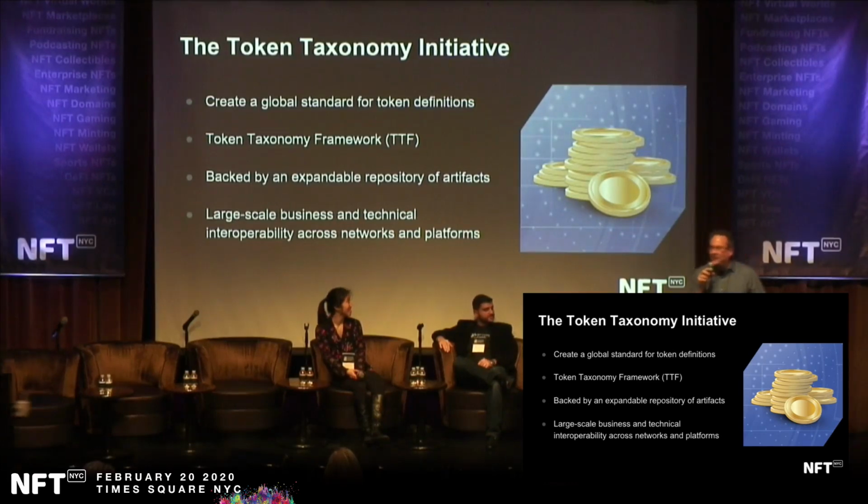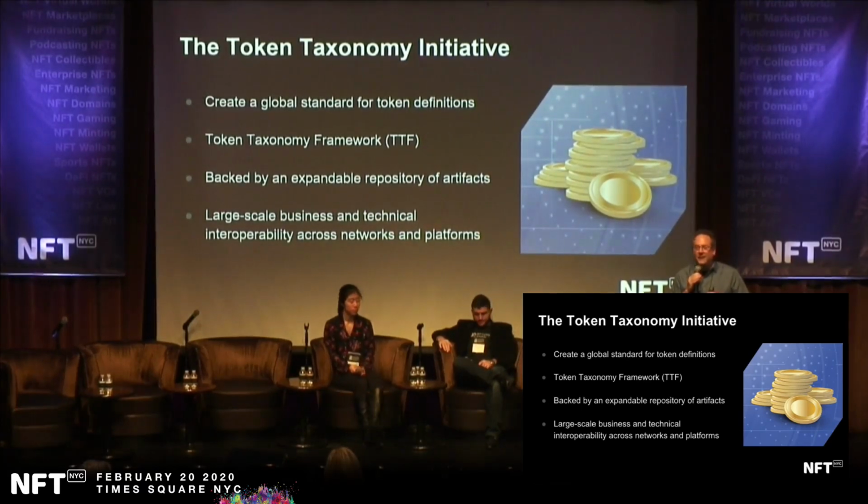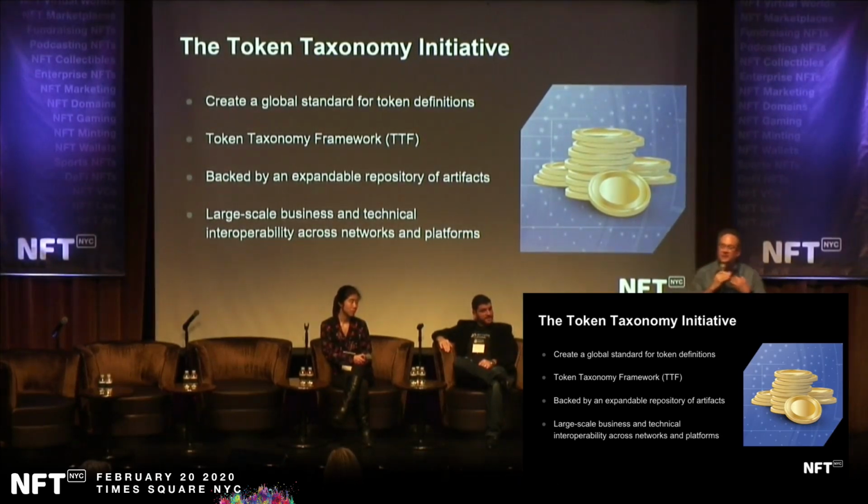Just understand that the way that this is produced is it creates a library of artifacts that define all these various behaviors. And this is an expandable library so that when a new behavior is thought up or understood, or maybe if it's even just a slight change from a behavior that already exists, TTI members can then include that in the library and make them reusable for everybody else. And the whole goal of the organization is to produce large-scale business and technical interoperability, to make sure that, as tokens are being defined and being created, they're all being done in a uniform way so that we can actually get the sort of interoperability and reuse we're looking for.